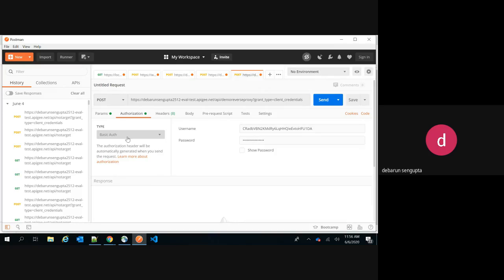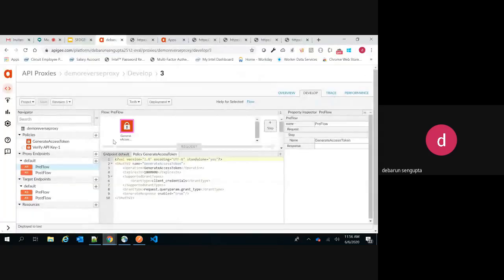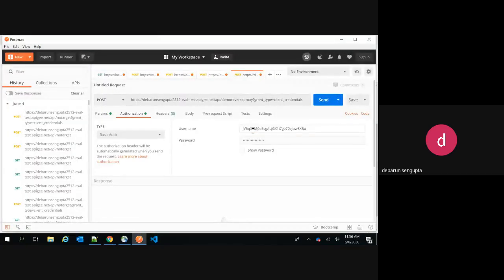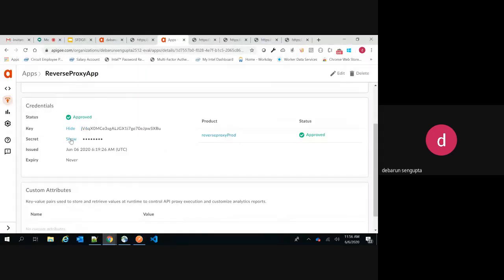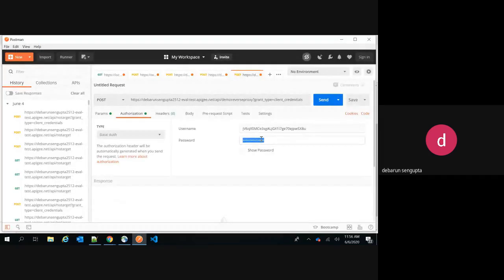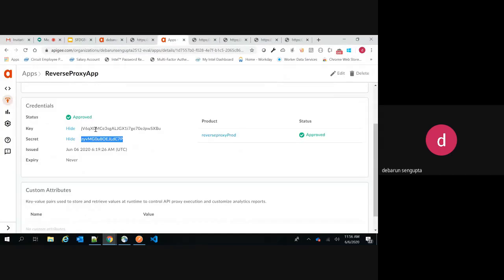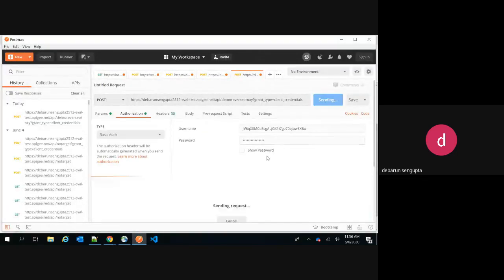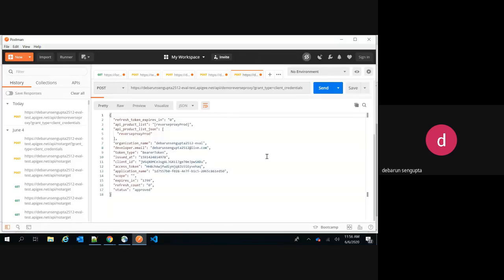So we select the authorization as basic authorization. The username will be nothing but this key. You go here and paste it here. This is the password, or the client secret. In case of API key, we were only using this one, but in case of OAuth, we need the client ID and client secret. So we got this, and now we simply do a callout. The moment we do a callout, we get a particular response.